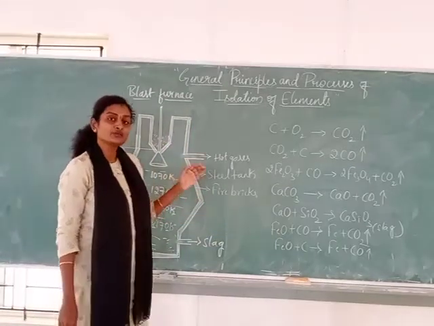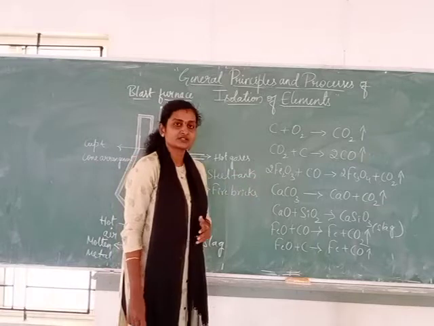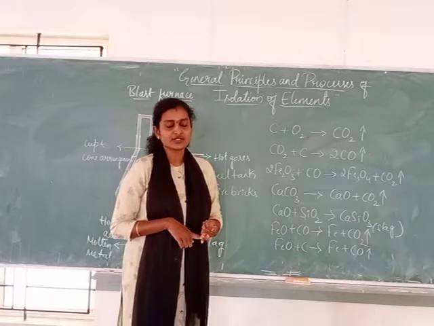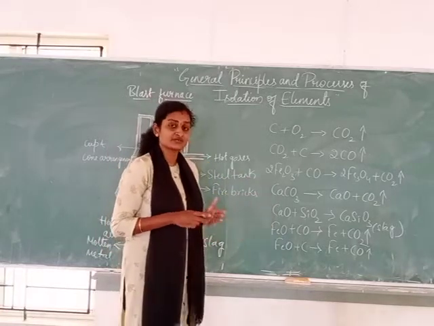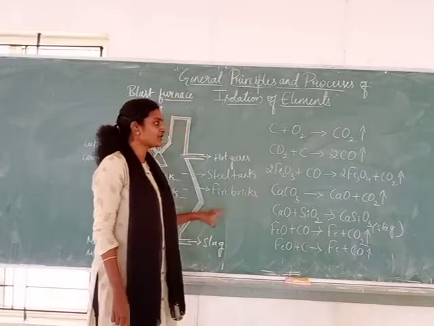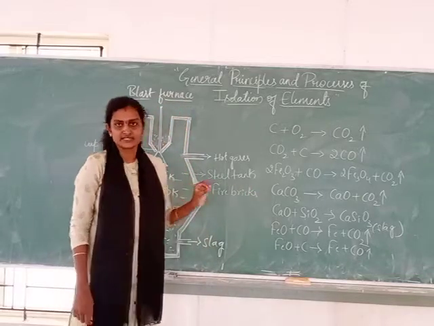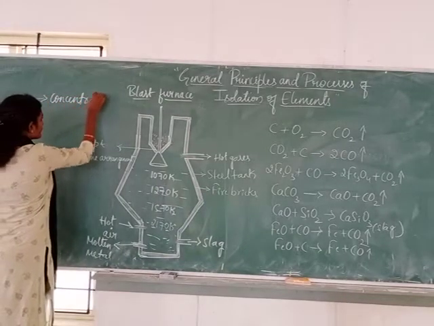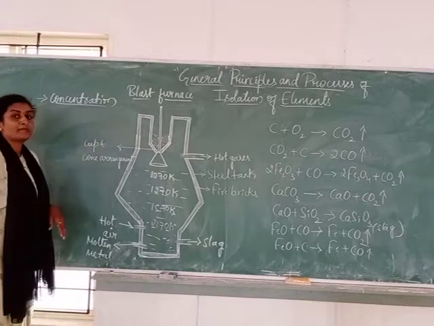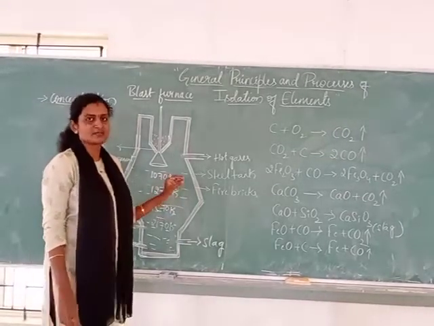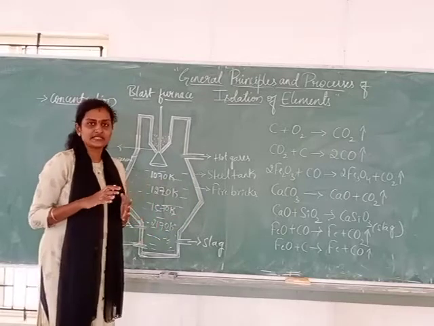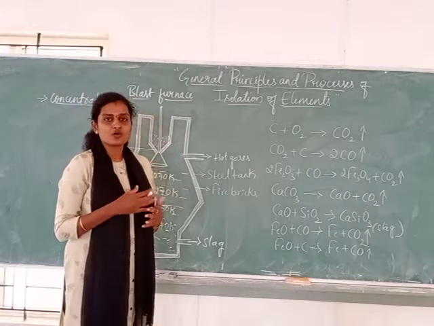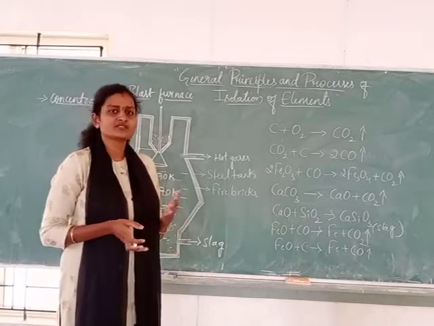Before that, we have 3 steps in our chapter, that is concentration of the ore, extraction of the crude metal, then refining. Before going to the refining, first we have to go for the concentration. The iron oxide, that is hematite ore, can be concentrated first. Concentration can be done by magnetic separation here, and you know that iron has some magnetic property. Therefore first the basic level or the muddy particles, sand particles, whatever associated with the hematite ore will be washed away by using water, that is hydraulic washing also.